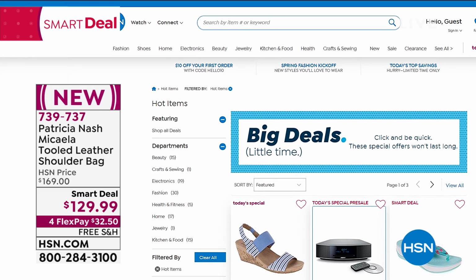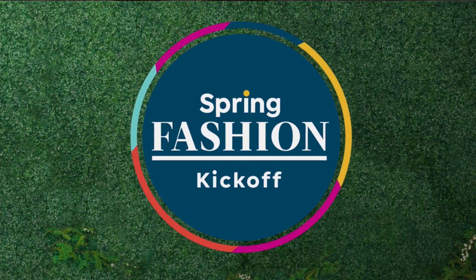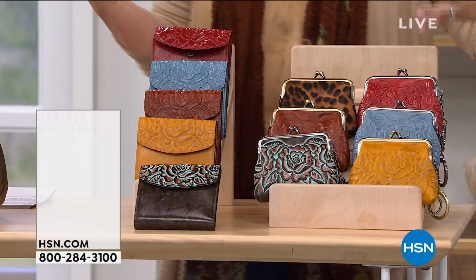Now, I mentioned the wallets that we have. Now, if you want to do a wallet that goes